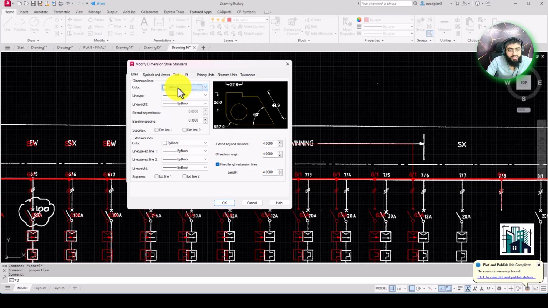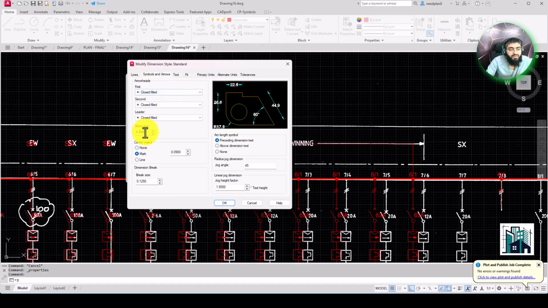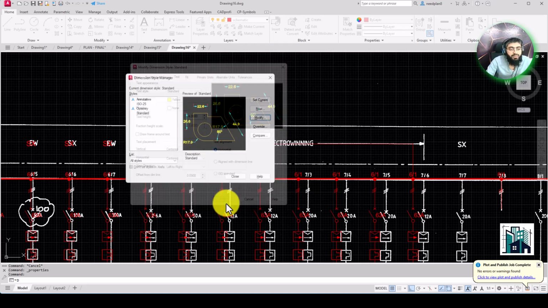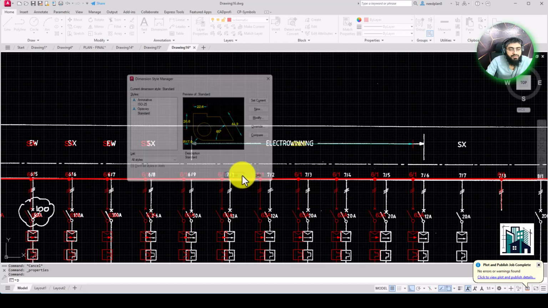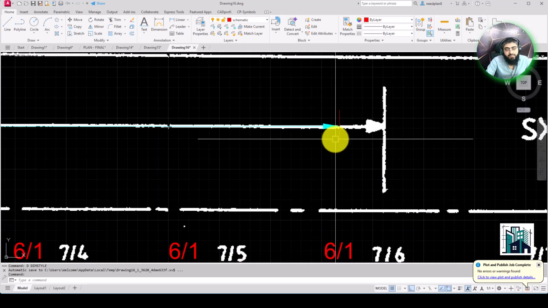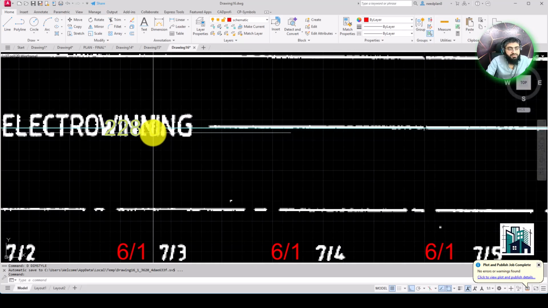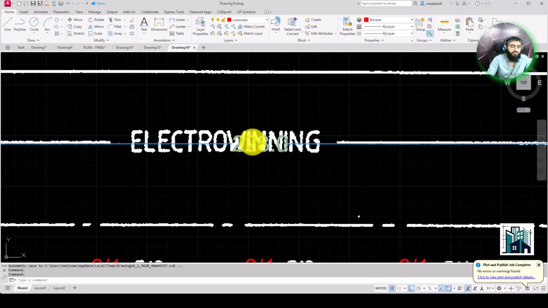Now you can change the color, like this line color cyan, and then the arrows, and then this text color should be, for example, yellow. You will see a cyan color dimension line, and then this one is the text between them.